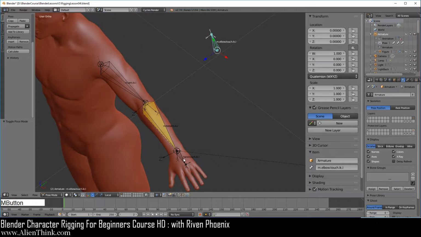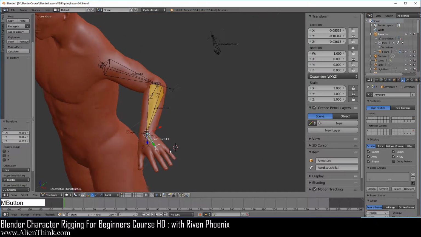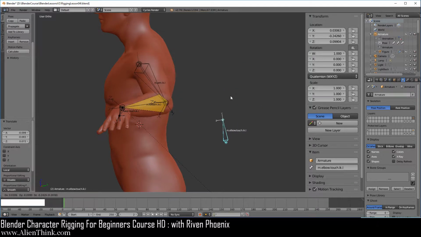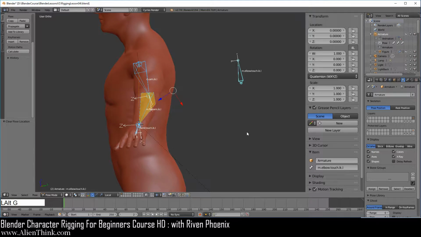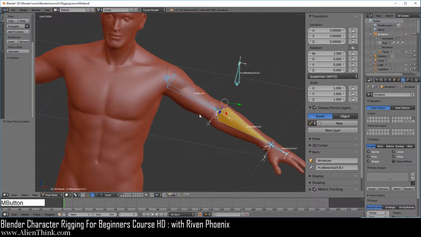Okay, so this means that now you can click over here, and then let's say if you want to point at the elbow, you can point it anywhere that you want. So go ahead and press the A key, do Alt R and G. Now the question is, who should be the parent of this bone?